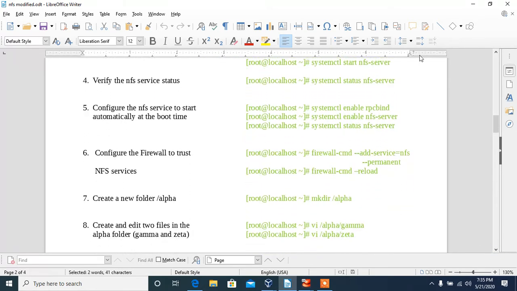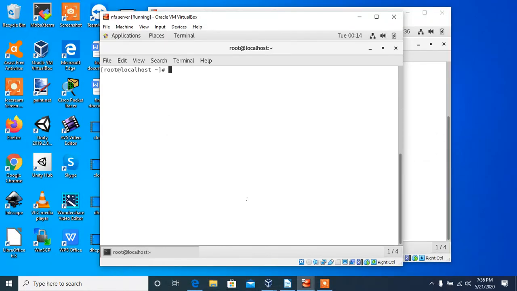Now we will configure the firewall to the trust zone. Command is firewall-cmd, add service of NFS and make it permanent. It's success. Now I will reload my